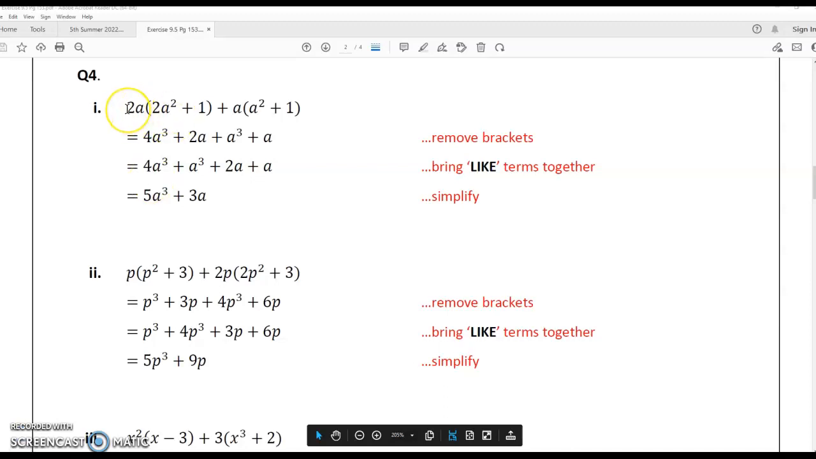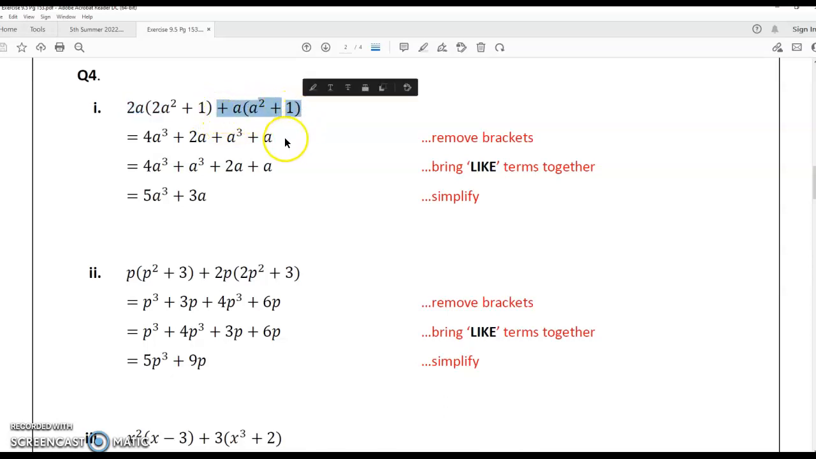And here's more of these questions where you've got to kind of work it out piece by piece, and you've a little bit more work to do after that. So the first one we've got here is this 2a. We're going to concentrate on this first piece, and we're going to multiply the 2a by 2a squared and the